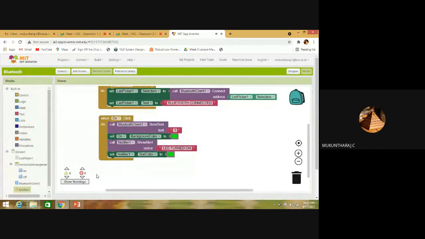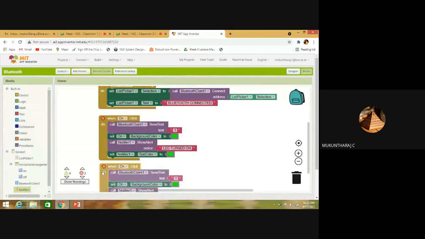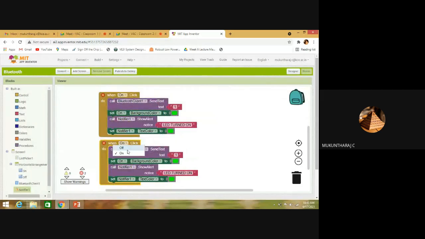So on is over, right? Now we will move to off. We can simply duplicate it because the functionalities are going to be the same. When off is clicked, Bluetooth client one should send text 0, and the off background color must be red. Notifier should notify LED turned off, and notifier one text color is going to be red.